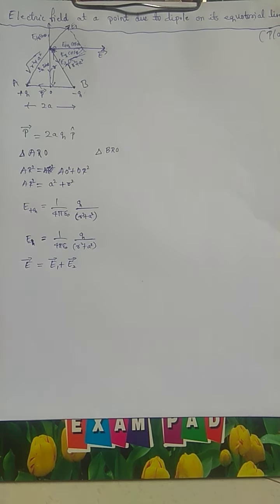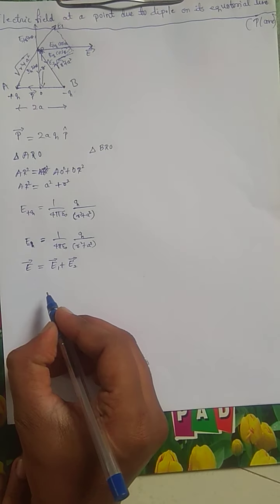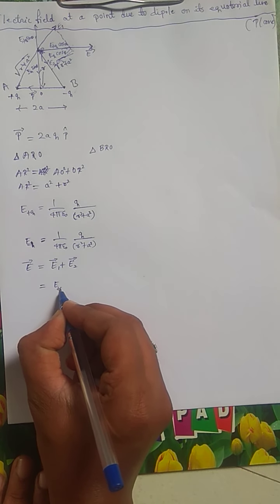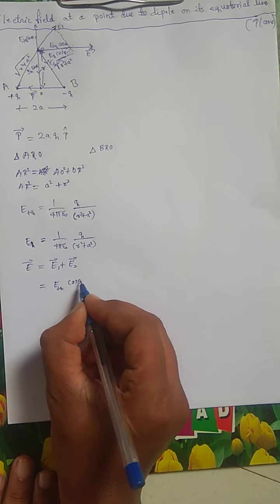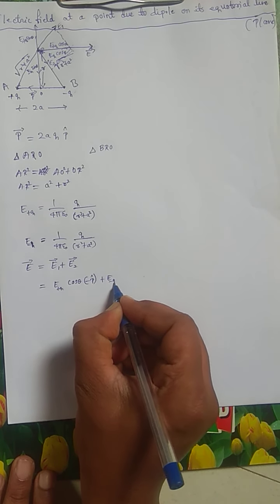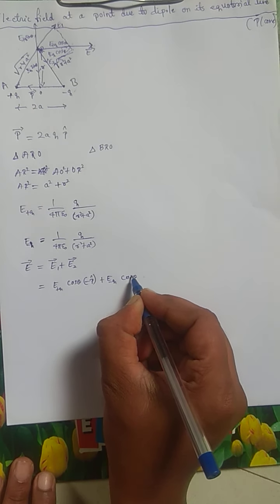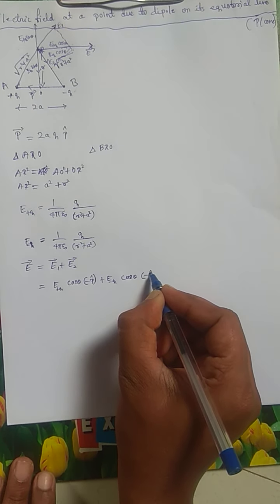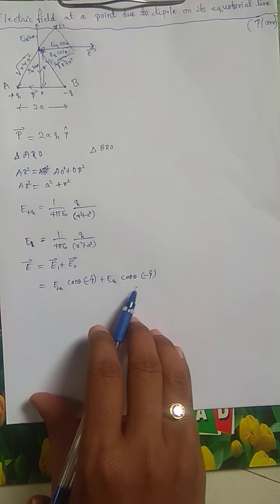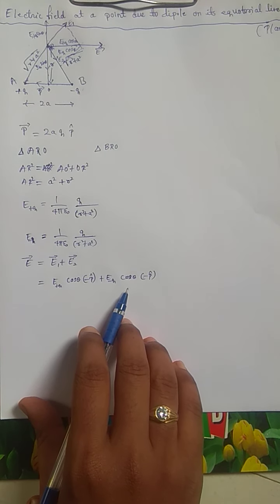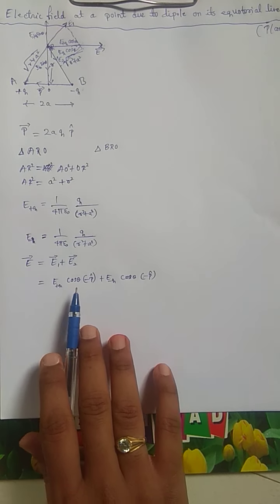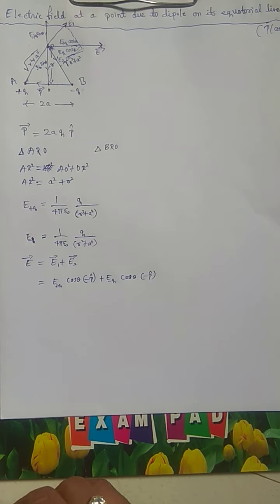Well, we will write the formula, that is E equals to, we will write the magnitude E plus Q cos theta, along with the dipole moment, plus E minus Q cos theta and minus P cap. Here I have taken the minus P. We will consider the minus P. Dipole moment is negative. Electric field is opposite to dipole moment, and hence we will note it with the help of negative sign. So what is our job now?